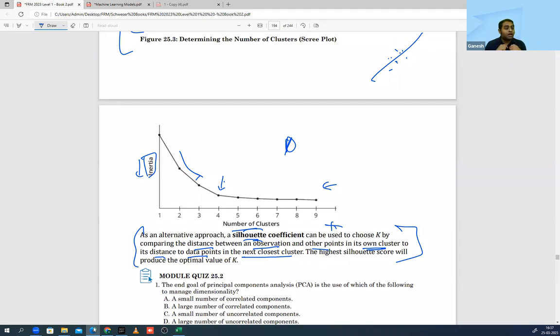Meaning, how far I am from the center of the cluster I am sitting in. I will take that information and I will also look at how far I am from the data in the other clusters, and I will compare. So it is a slightly complicated part. That's the reason I have not covered it in detail in the PPT also. The highest score, it is very complicated. There's no need for you to focus on this. Basically what they're saying is that it will help you to identify how many clusters you should have.